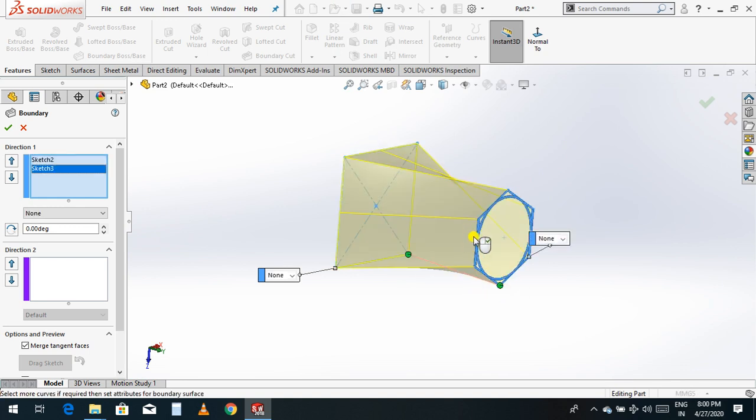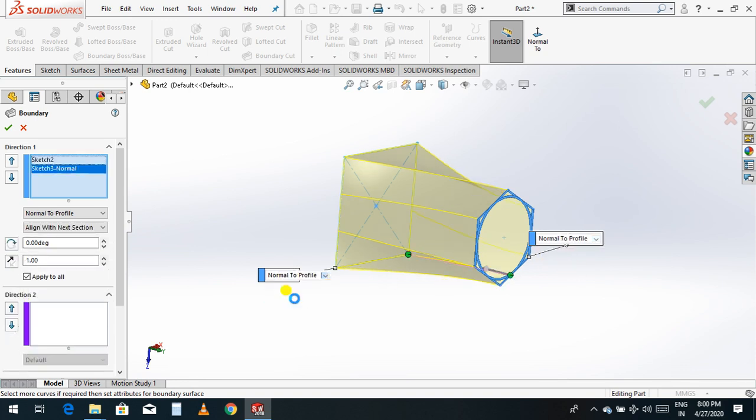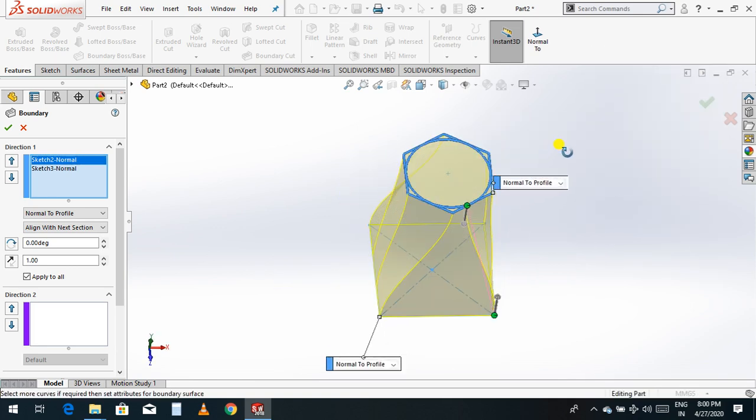Now see, this is your boundary boss base, and if you rotate this, the shape will become like this. Or else we can give a normal to the profile. Here also you can give a normal to the profile, and now you just rotate, and by free hand you can change the shape.